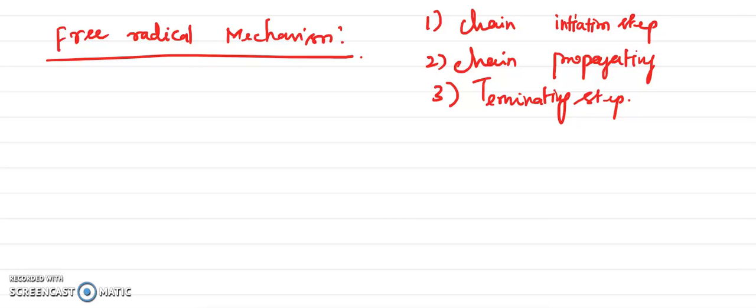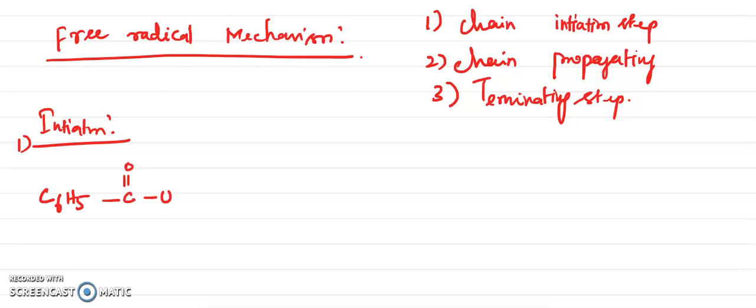This is a common thing. Here we are taking an alkene or diene and its derivative to polymerize in the presence of a catalyst. Here we can take benzoyl peroxide. You know the formula for benzoyl peroxide. The first step is initiation, right? According to that we take the catalyst benzoyl peroxide: C6H5 C double bond O, then O O, the peroxide linkage, then C double bond O C6H5. This is the way. This is called benzoyl peroxide.